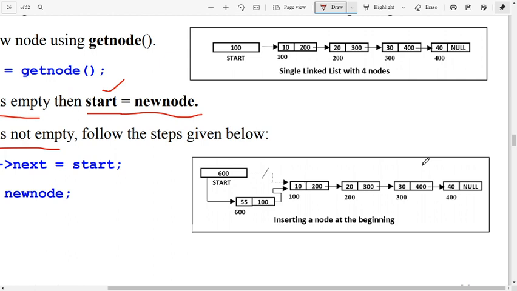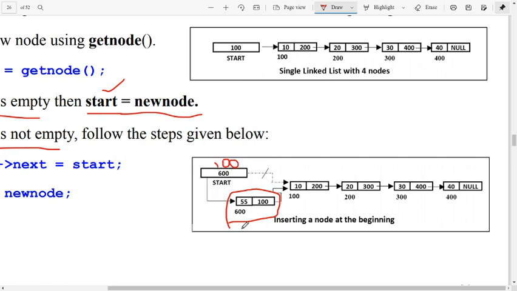Observe here, this is the new node just created. Initially there will be 100. According to this figure, the first node's address here is 100. That is stored in start.